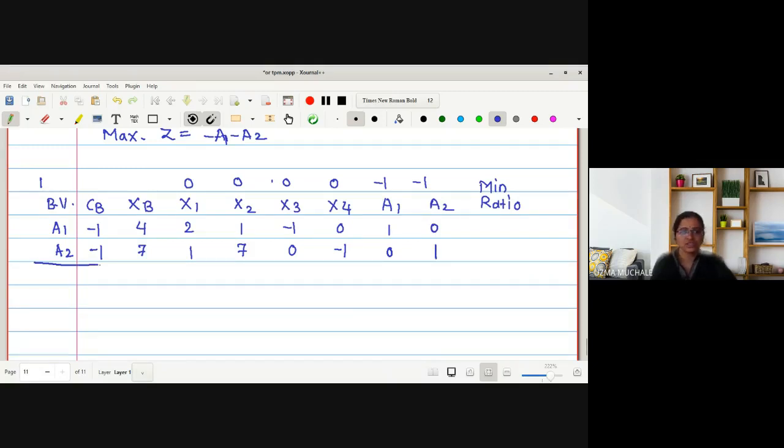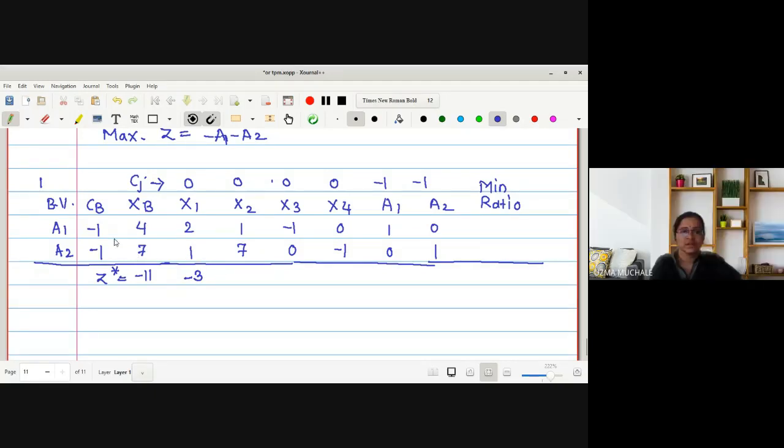Okay. Let us check the value of the objective function at this table. Value of objective function z star at this stage will be CB XB: minus 1 into 4 added with minus 1 into 7. Minus 4 minus 7, this is minus 11. Okay. Now let me find out the net evaluation values. These are the Cj entries. What do the net evaluation values tell us? CB X1 minus C1. What is CB X1? Minus 1 into 2 added with minus 1 into 1. That is minus 2 minus 1 subtracted with 0. Therefore, is it minus 3?